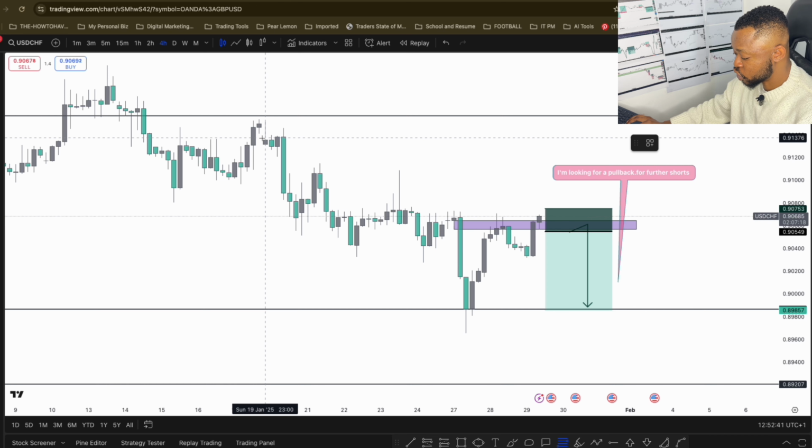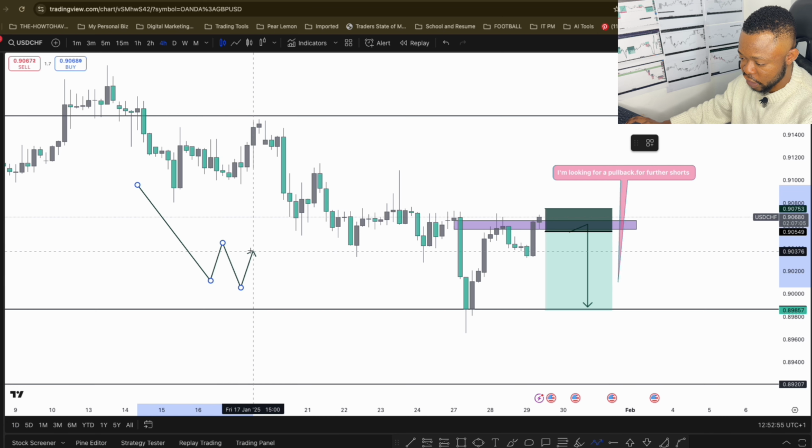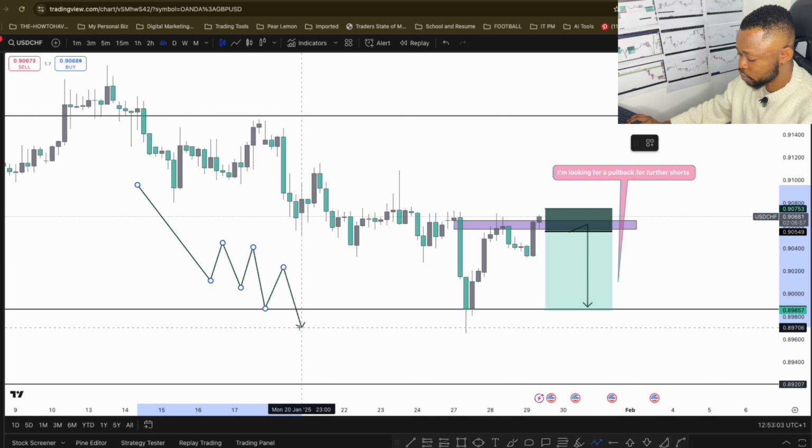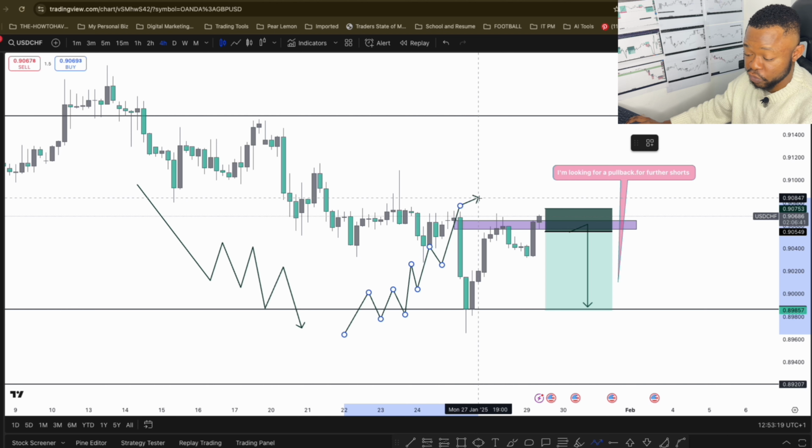Price doesn't just move in a straight line like this. No, it doesn't do that. Price has to go from one area to another, creating higher highs and higher lows, and it keeps going down. It creates a high, goes down, creates a new low, goes back up for some more liquidity and comes back down, and it does that in both the downtrend and the uptrend. For the uptrend, price goes like this, comes down, goes back up, comes back down, creates a new high, and price keeps doing its thing. This is the basics of price movements in the market.